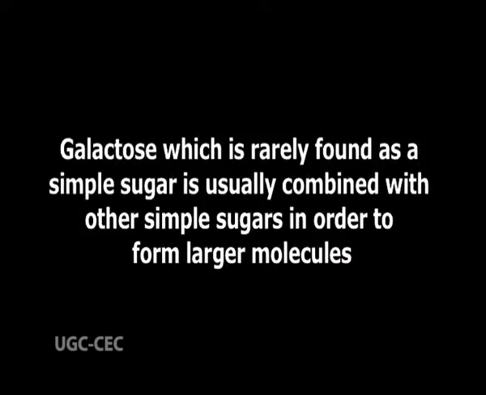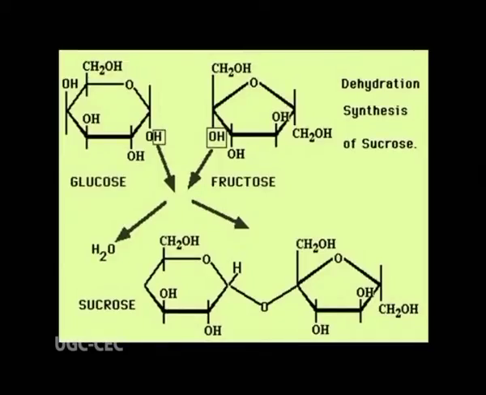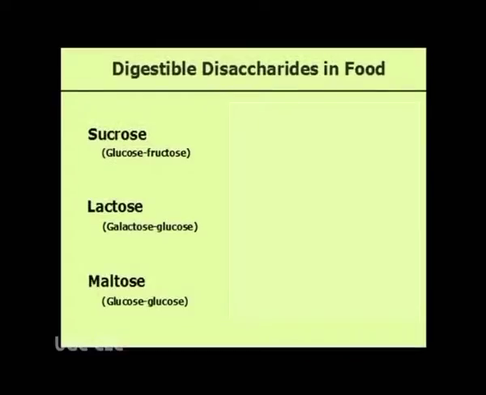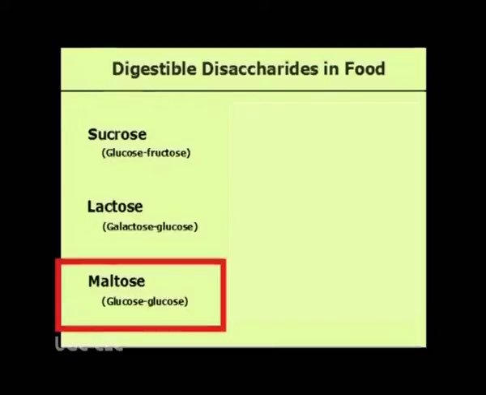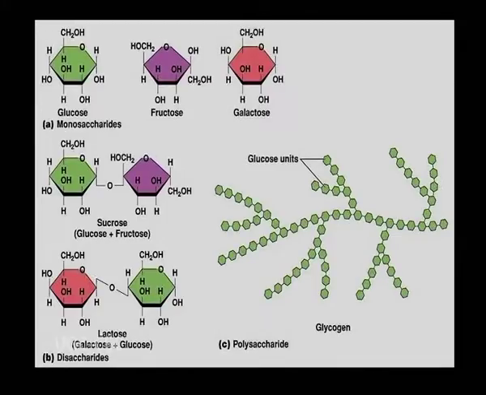Galactose, which is rarely found as a simple sugar, is usually combined with other simple sugars in order to form larger molecules. A disaccharide is formed when two molecules of a simple sugar are linked to each other. The disaccharide sucrose, or table sugar, consists of one molecule of glucose and one molecule of fructose. Familiar sources of sucrose are sugar beets and cane sugar. Other disaccharides are milk sugar, or lactose, and maltose. The molecules must be broken down into their respective monosaccharides before the energy in disaccharides can be utilized by living